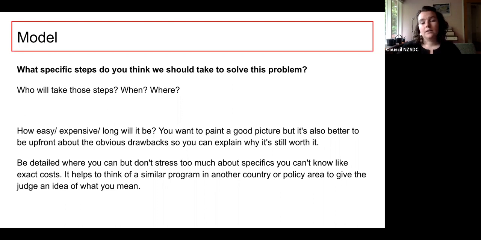So something that is really important when you're developing a model, when you're trying to think of what it is that you're actually going to do, is to think about, is this going to be a really easy thing to do? Is it going to be a really hard thing to do? It's okay if it's going to be difficult. You just have to prove that it's worth that difficulty. And it's often easier to prove that it's worth a lot of difficulty if you're upfront. If you say, we acknowledge that it's going to be pretty hard to do this, but we think it's really important, and I'm going to explain why it's really important next. You want to paint a picture of what the world looks like.